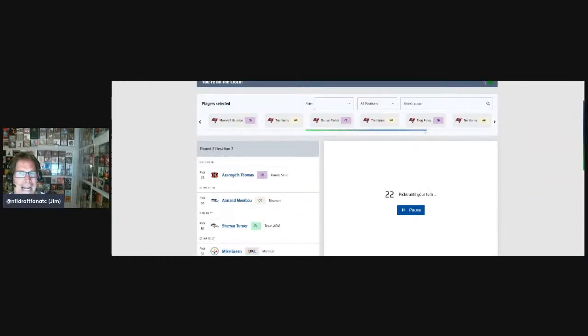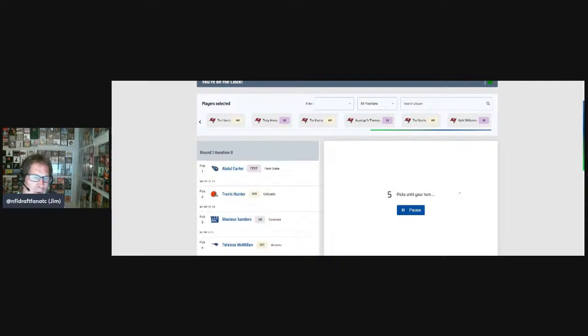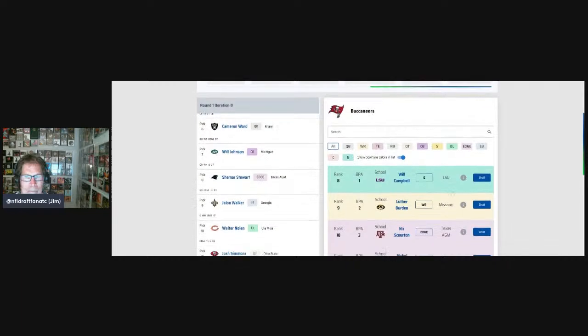So they're not at the top, which means that there haven't been a lot of Buccaneers mocks where people are taking a specific corner. So part of what I'm also doing is encouraging that process by doing this.